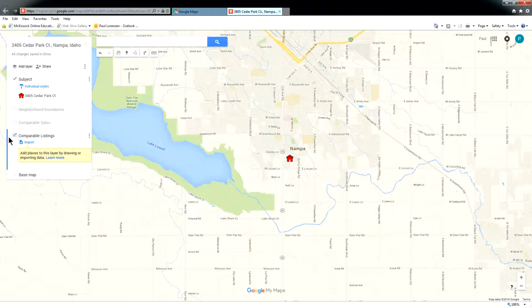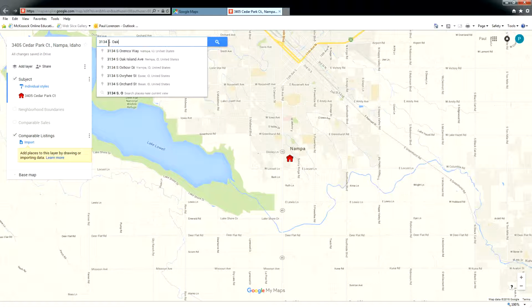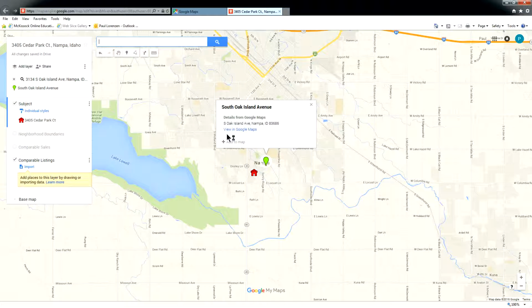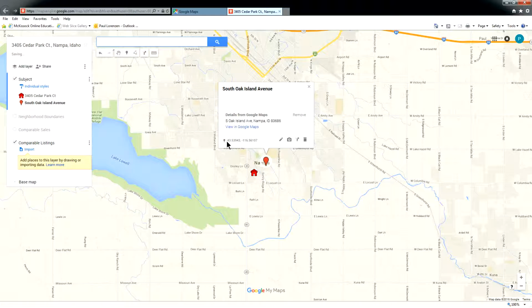But let's say that I made a mistake and I didn't add it to the correct one. So we'll add one up here to the wrong layer. This is our comparable listing, 3134 South Oak Island Avenue in Nampa. And that is the one that we will choose. And we'll say Add to Map. And then we'll come over here and realize, oh, I didn't put it into the correct layer. So I'm going to come up here, and I'm just going to click on it,